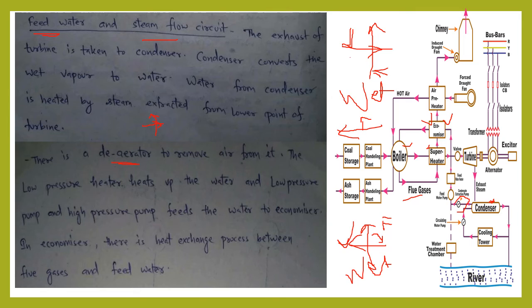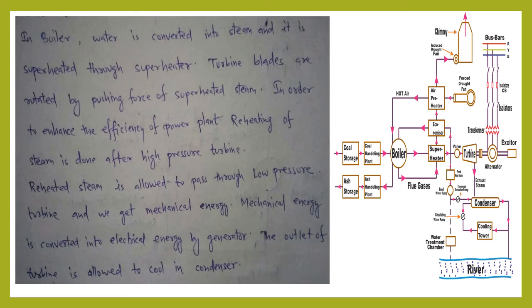Now turbine will utilize the steam and it will generate power. Now after turbine, it will go to condenser and it will be converted into water. If we are having two types of turbine, one is high pressure turbine, another is low pressure turbine, we can have two times work. This is done to increase the efficiency of power plant. Reheating can be done to have steam again so that we will have more power. Okay, this is all about the steam flow circuit.